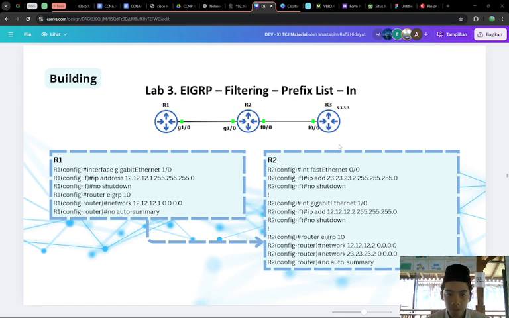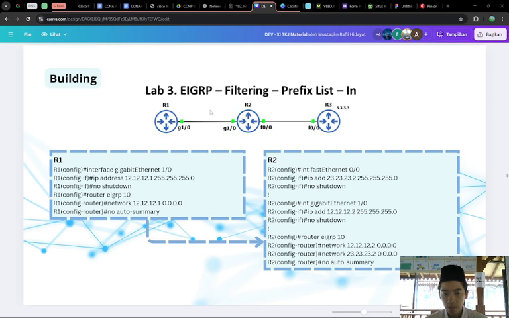The first is EIGRP basics. EIGRP is a distance vector routing protocol, Cisco proprietary, now partly open. Routers exchange routes with neighbors using hello packets and the DUAL algorithm. By default, a router learns all the networks its neighbors advertise.